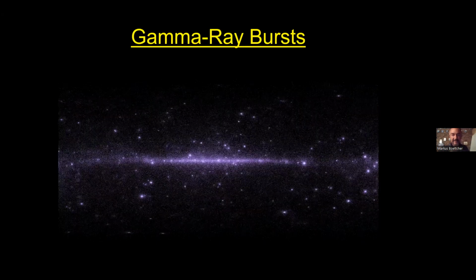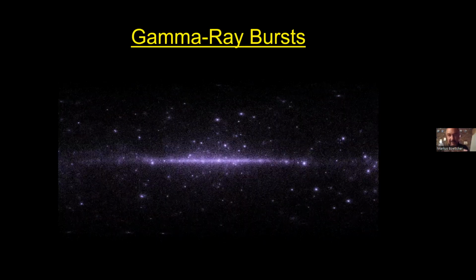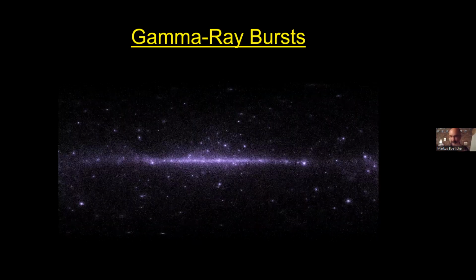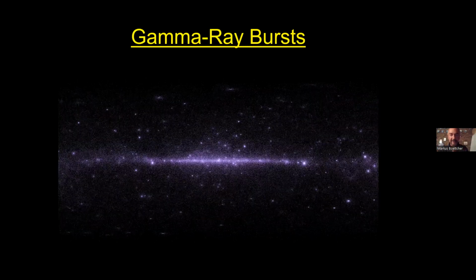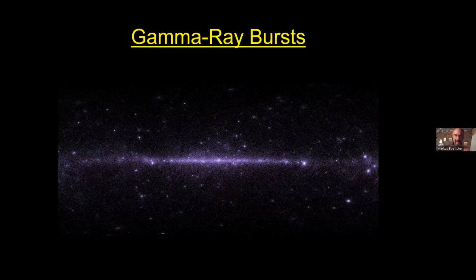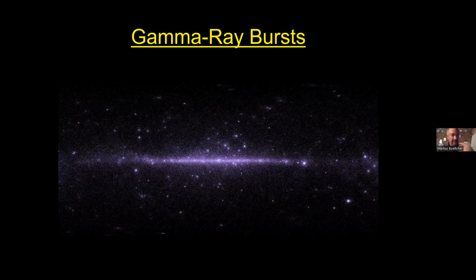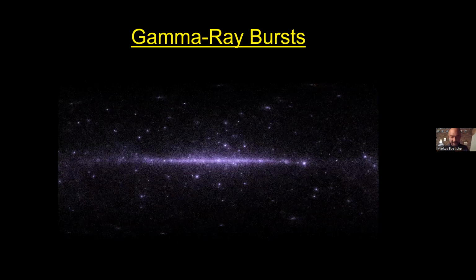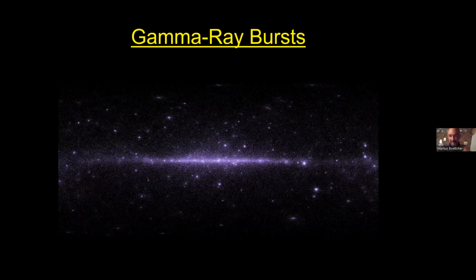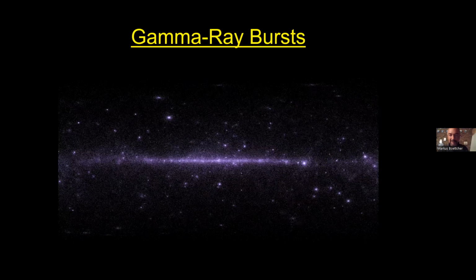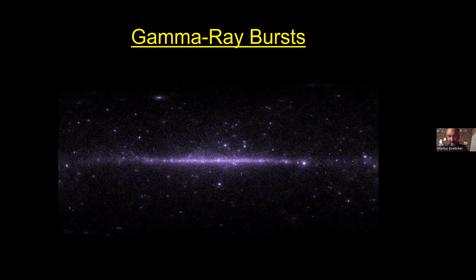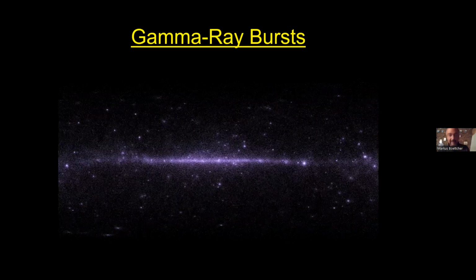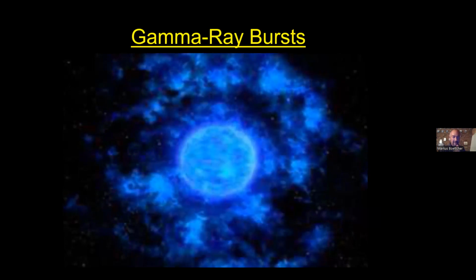They have been detected actually in soft gamma rays, so most of the emission comes out at a few hundreds of kilo electron volts, kind of at the boundary between X-rays and gamma rays. Only very few of them show up in higher energy gamma rays. And as I'll show in a minute, it was one of the big breakthroughs in understanding gamma ray bursts that even with ground-based Cherenkov telescopes, we have now firmly detected 4 gamma ray bursts. These are long gamma ray bursts.